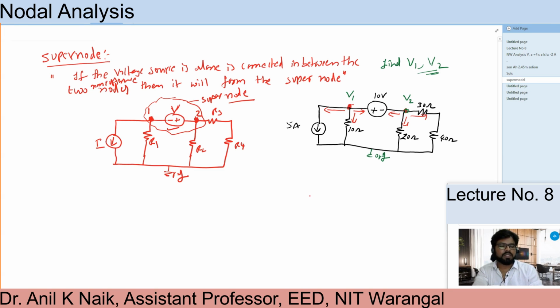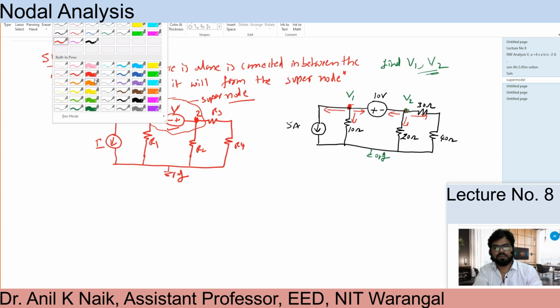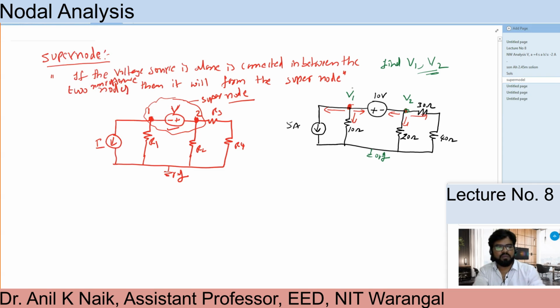Once we do this, what I'm going to assume here is that this part is excluded from this network. Assume that this part has been excluded,